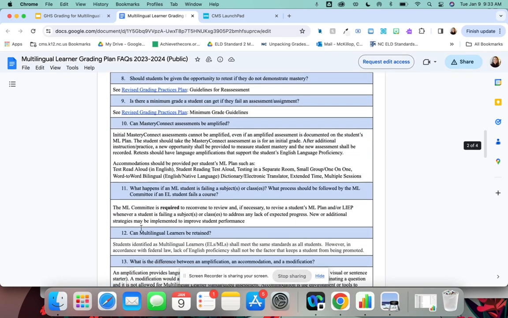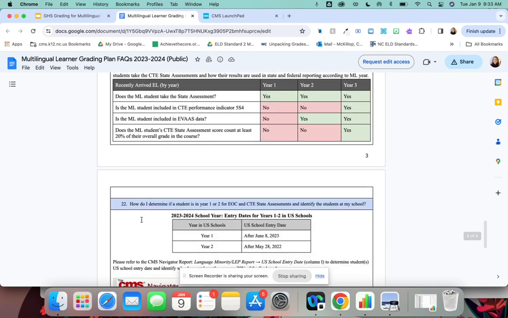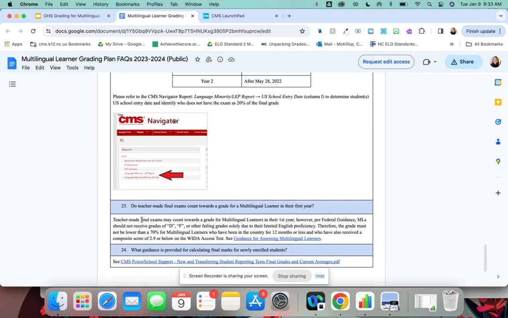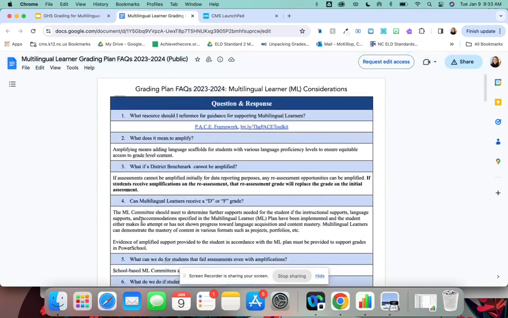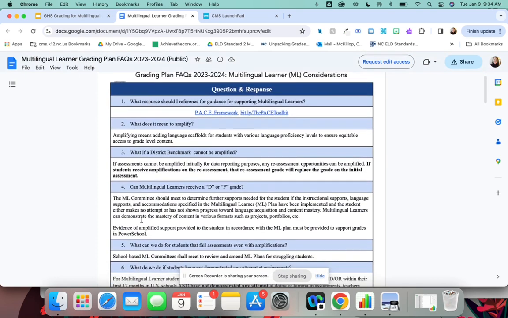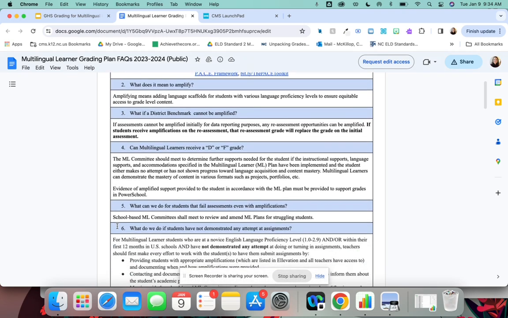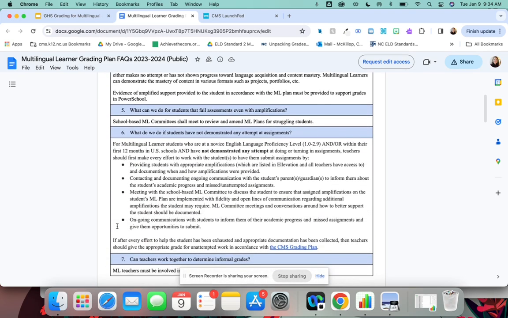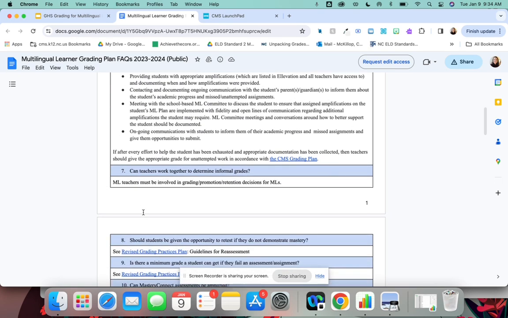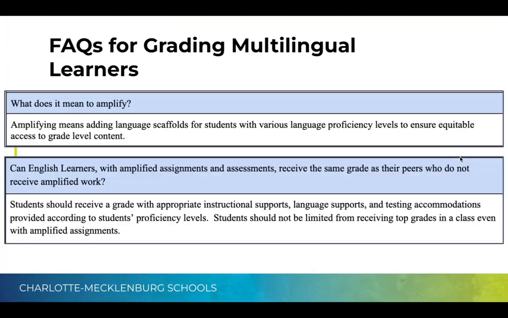It is several pages long and answers a lot of questions about ML grading guidance. So before you reach out to an ML teacher or to myself, please take a look at this because the ML department has likely already answered your question and answered it in depth. I am going to review a couple of key questions and key points from this FAQ.